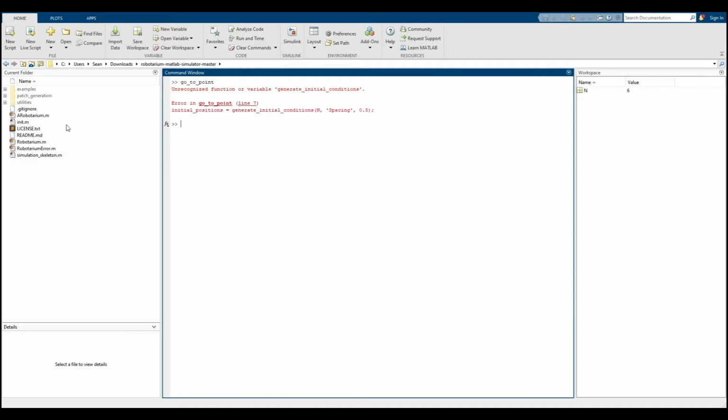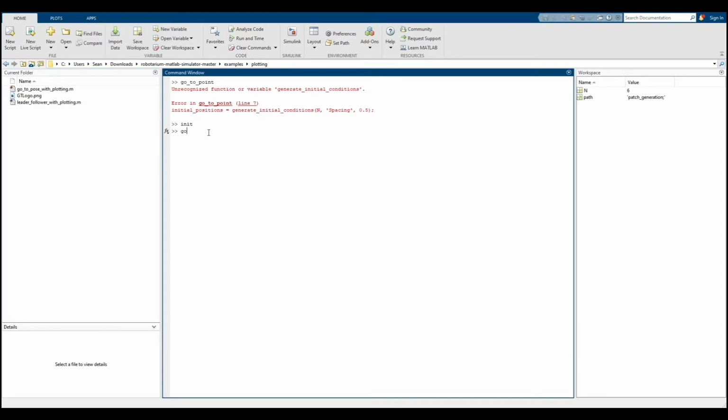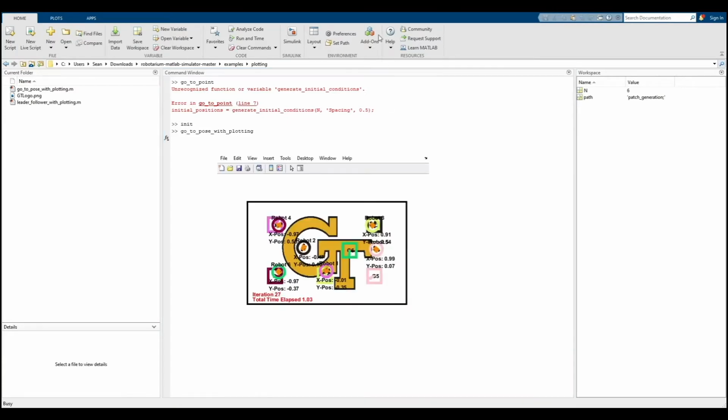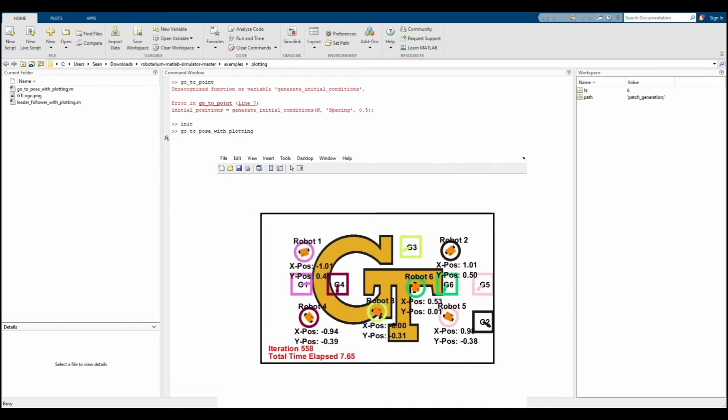Now, let's run the init file and navigate to the examples directory. This directory contains many examples that can help you develop on the Robotarium. For now, let's navigate to the plotting directory and run go-to-pose-with-plotting.m. If a simulation window pops up, like shown here, everything has been downloaded correctly and we're ready to write our